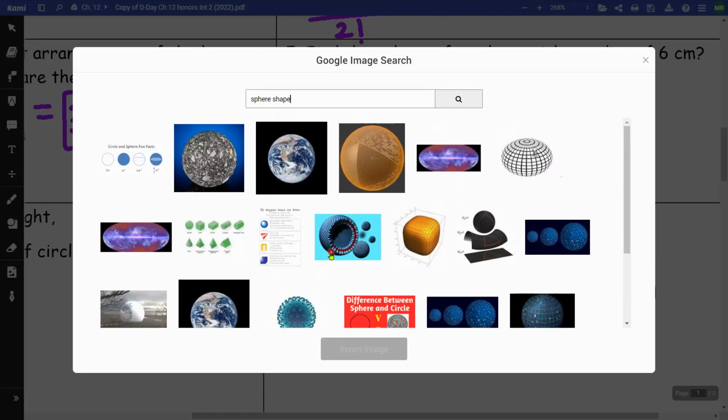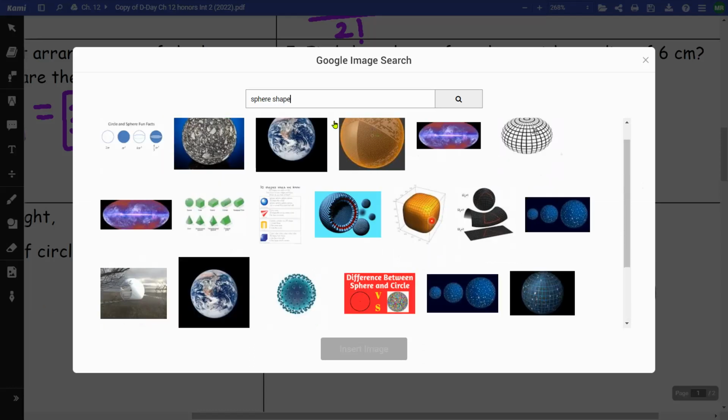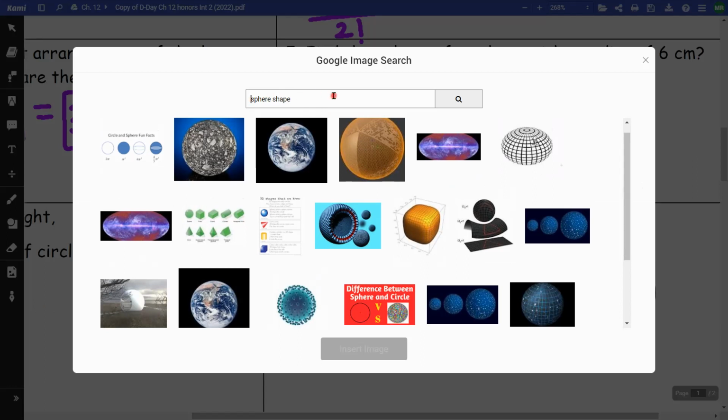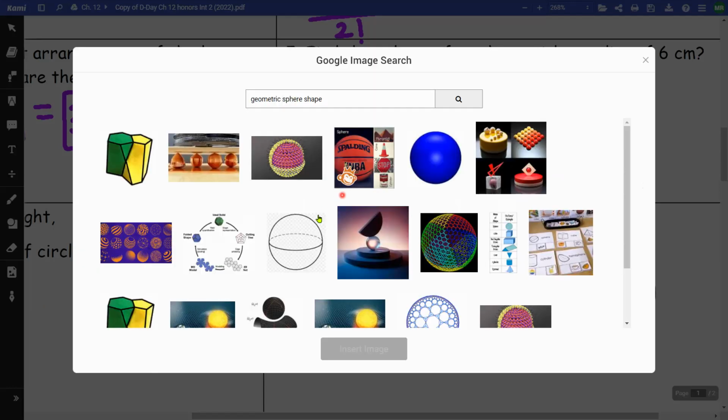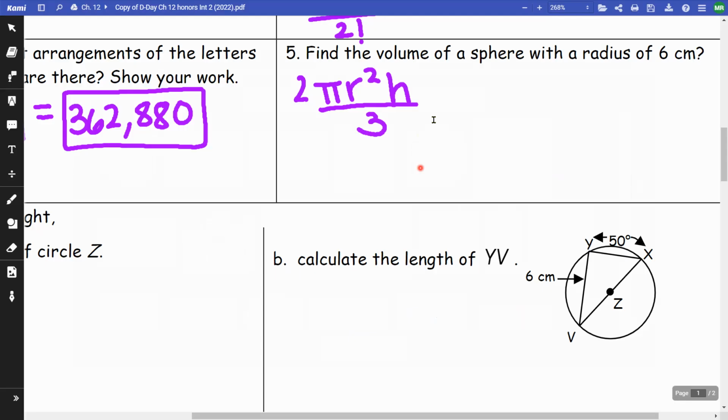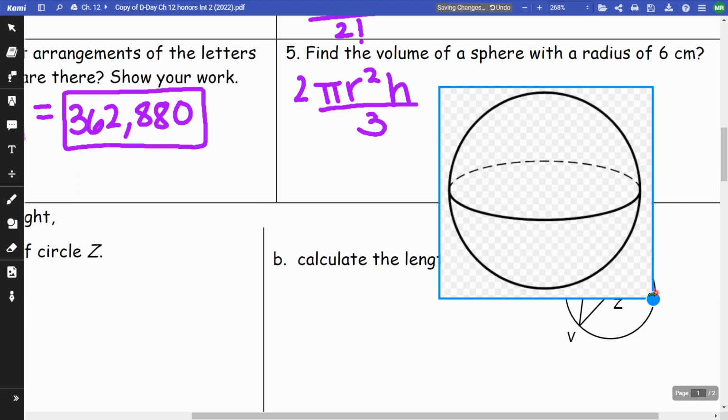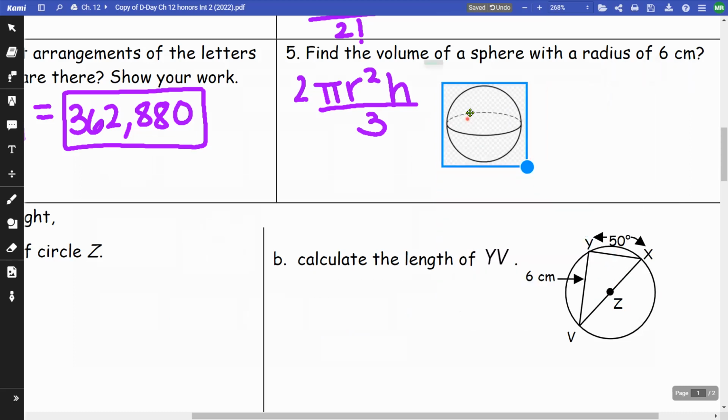Let's see, do they have a sphere that's just, let's see. Okay, so here's a sphere. So if I add in the sphere,